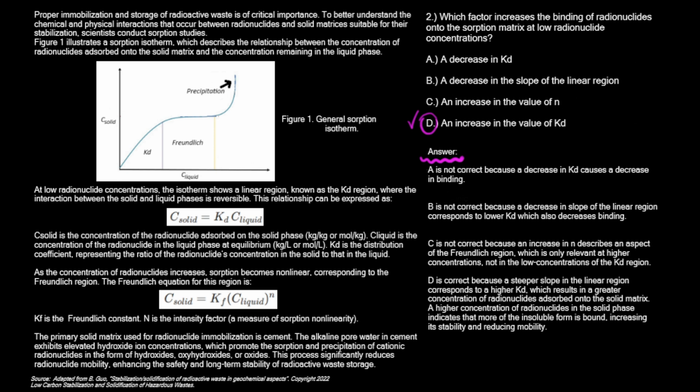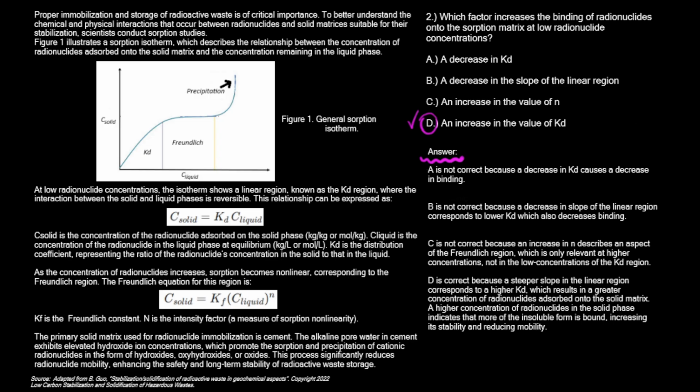In the Kd region, the relationship between the concentration of radionuclides adsorbed on the solid matrix, which is depicted as C solid, and the concentration remaining in the liquid phase or C liquid is given by the following equation provided